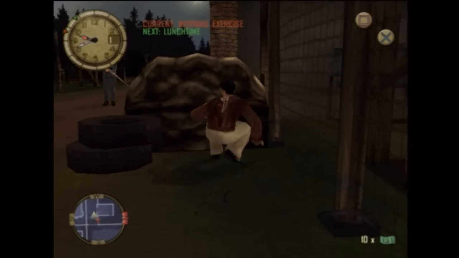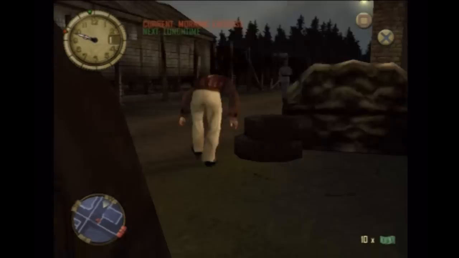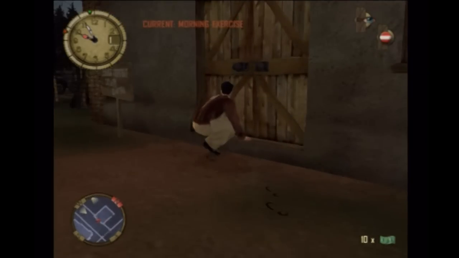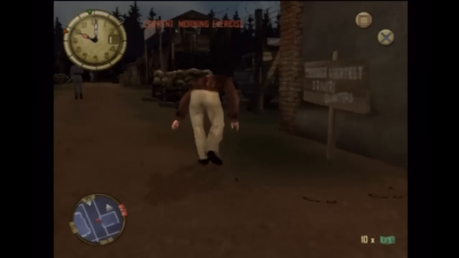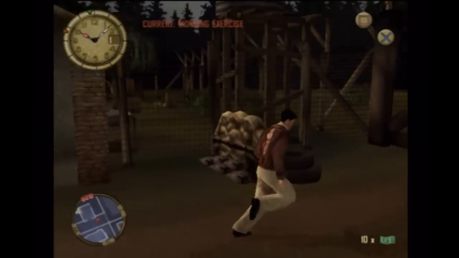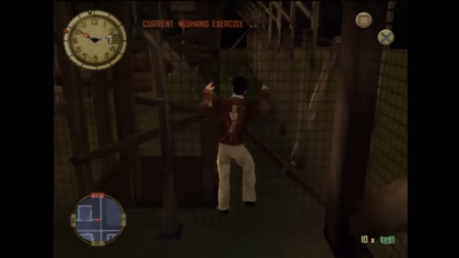Right, so morning exercise at the moment, then we've got to go into lunchtime, and we will be cutting it fine for the evening roll call. I think this is probably going to be locked. It'd be too easy if I could get into it normally. This is a completely illegal part of the camp. Shit, I'm not actually sure where I've got to go. I can't get up any of this, can I? Right, what I'm going to do is...